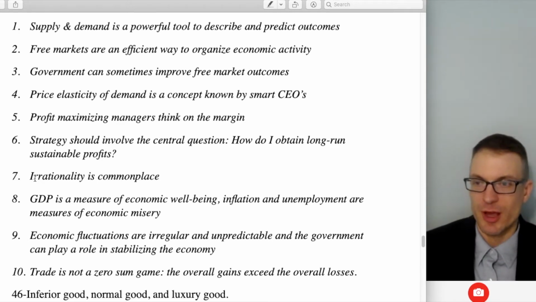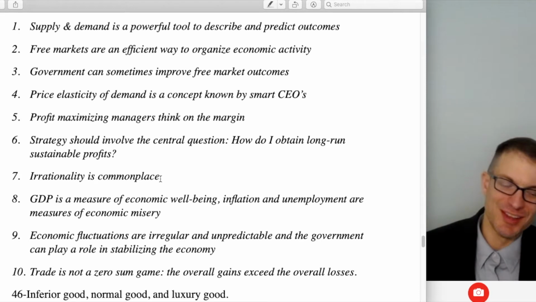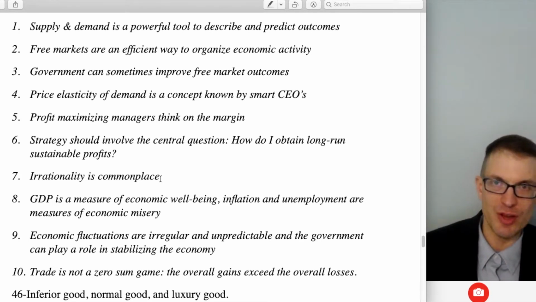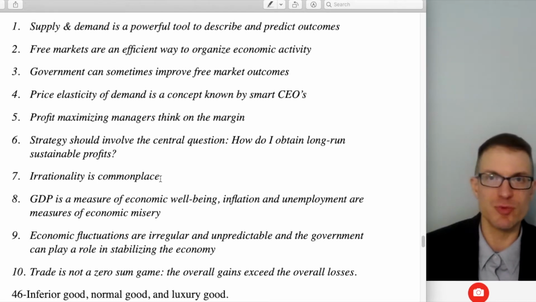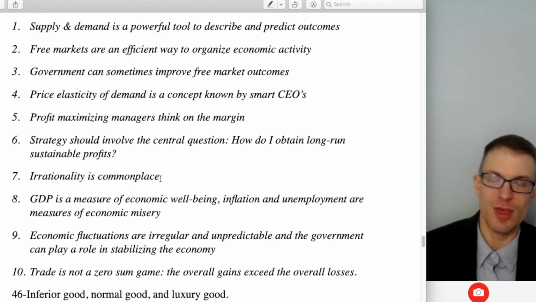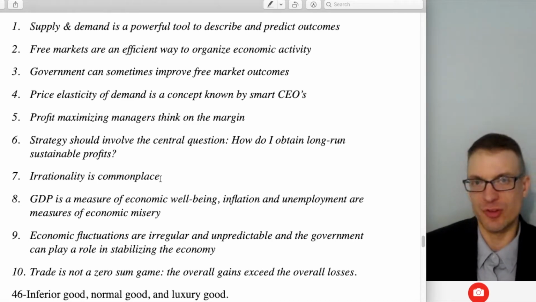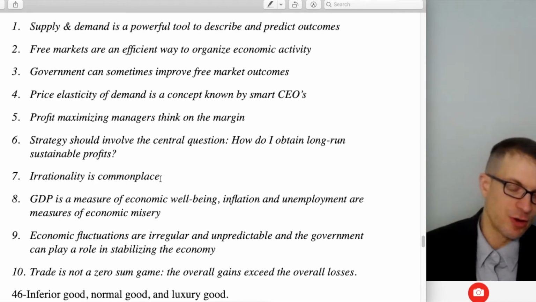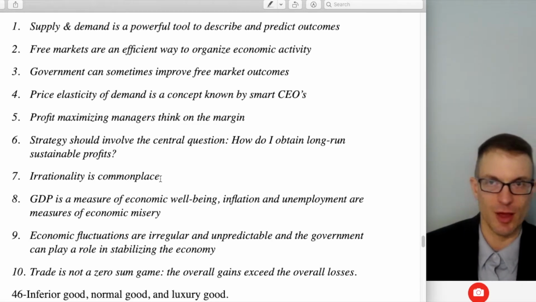All right, so rationality is commonplace. This is the basic idea that we expect decision makers to be rational, meaning that they'll seek after their own interests. But this is kind of like entering the realm of behavioral economics, realizing that people make errors, people make mistakes, emotions matter, people have self-control problems, and so on and so forth. And so this being the case, this introduces inefficiency into the market and creates a situation where entrepreneurs or businesses can either benefit from the inefficiency themselves or help people make better outcomes, especially in the healthcare realm.